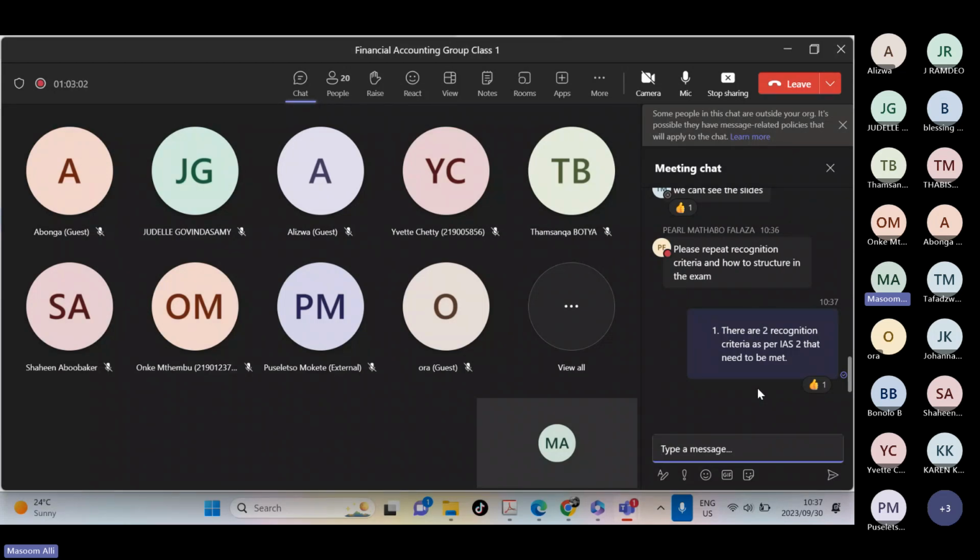Number 2, I'm going to be giving you 2 recognition criteria in my answer. Because if you just say IAS 2 provides recognition criteria and then you only put 2, if the marker wants to be really strict, they might wonder whether you know everything, maybe you were just looking for other things. The point is you don't want to be at the mercy of the marker. Okay, right? So the first one I would say is,